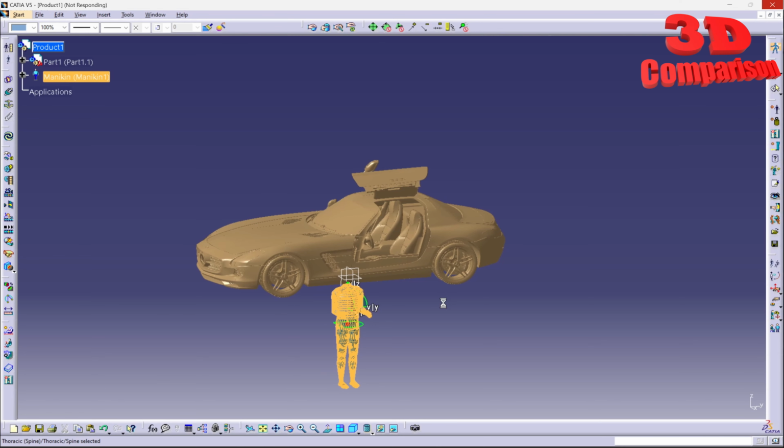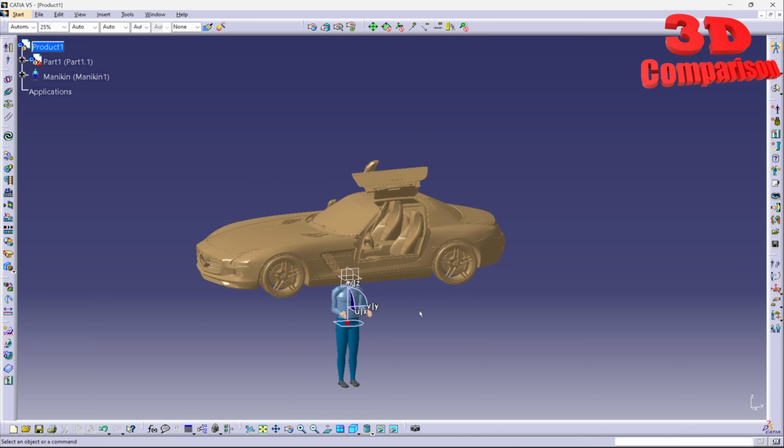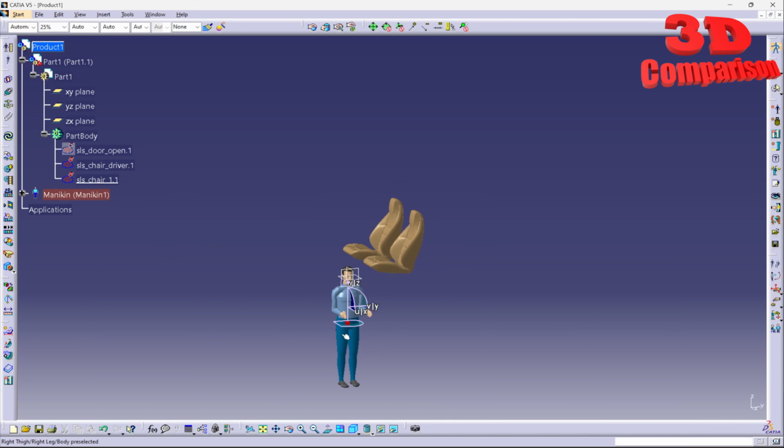We see that currently this is lagging, and this is lagging mostly due to the STL that we currently have loaded over here. So even though the STL is not being manipulated over here, it will lag like that. So what we can do, we can hide the STL of the car. We can only leave the seat, and as you can see, it will move a lot smoother now. So let's rotate this minus